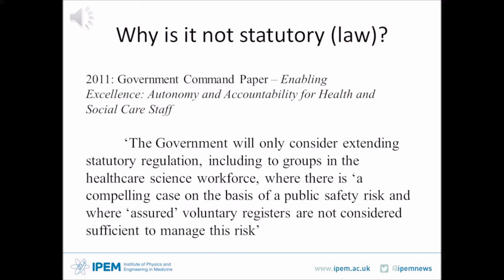So why is it not statutory to work as a healthcare science practitioner or a clinical technologist in the UK? Well, this goes back to 2011, where the government wrote a command paper titled Enabling Excellence, Autonomy and Accountability for Health and Social Care Staff. In the paper it said the government will only consider extending statutory regulation, including to groups in the healthcare science workforce, where there is a compelling case on the basis of public safety, risk and where assured voluntary registers are not considered sufficient to manage this risk. As such,